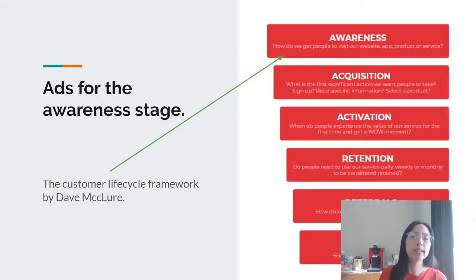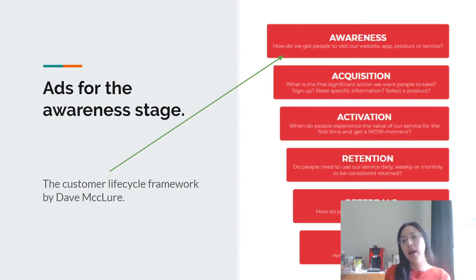So now the first thing I would like you to learn about is the customer lifecycle framework. This is extremely important because it takes into account the journey of the customer. So when a customer doesn't know your product or service, does this person look for your brand? Does this person look for your particular services? No, they don't, because they still don't know you. They don't know the value that you can provide to them. This is the same as when you meet someone for the first time. You are not sure if they are good for you, or if you're good for them. You don't know.